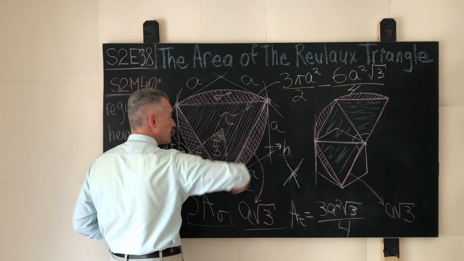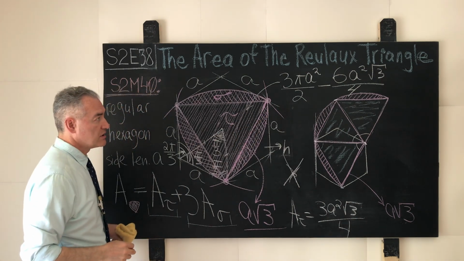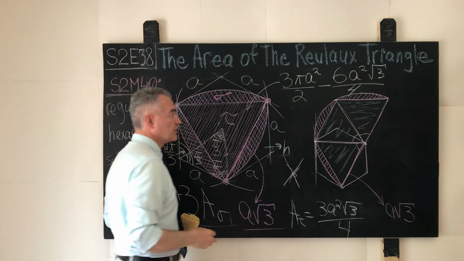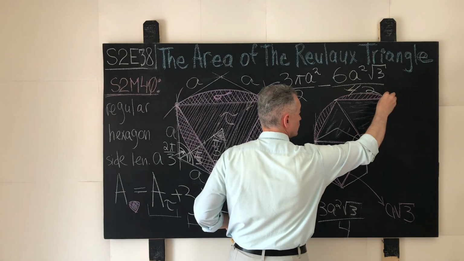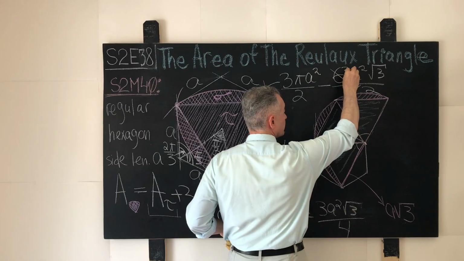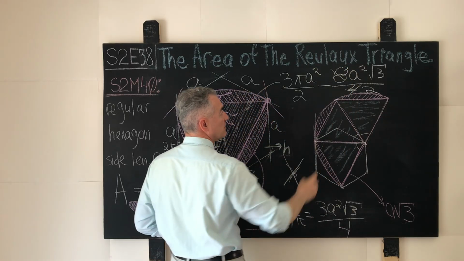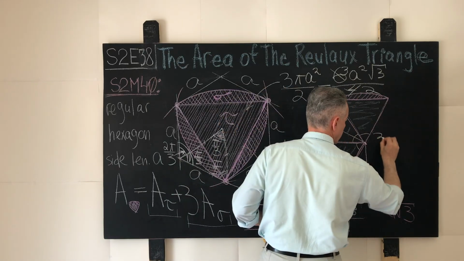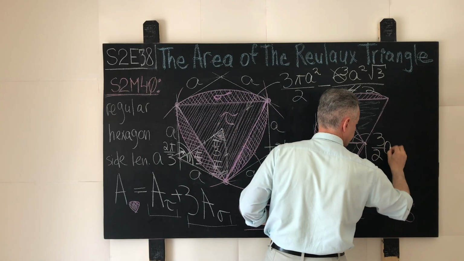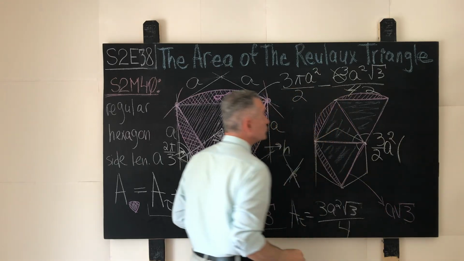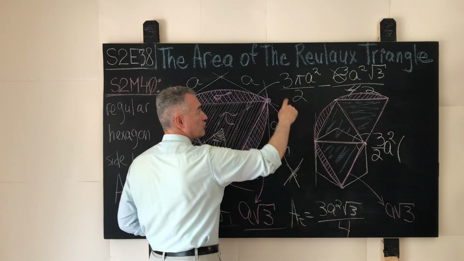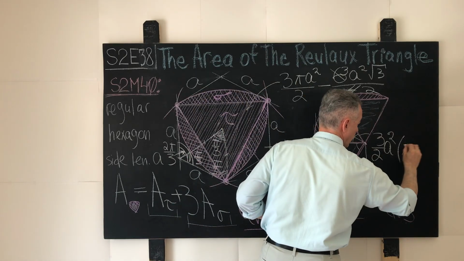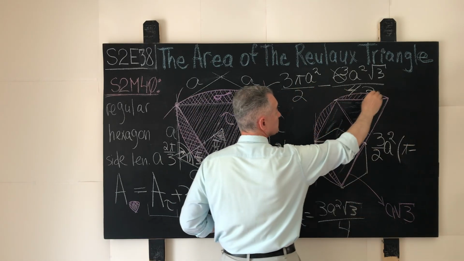This is the entire area that we are seeking to find. And what can we do over here? Well, these 2 cancel with these 2, and we have 3. Consequently, 3 over 2a squared can be canceled out. 3 over 2a squared factors out, and we have pi minus what is left over here,